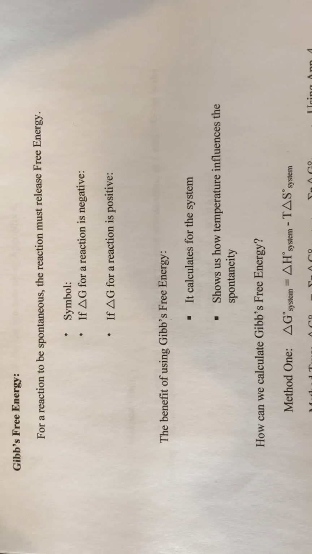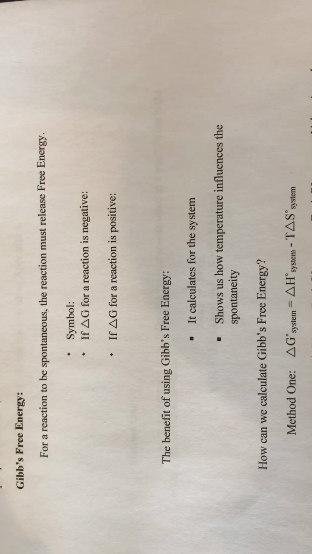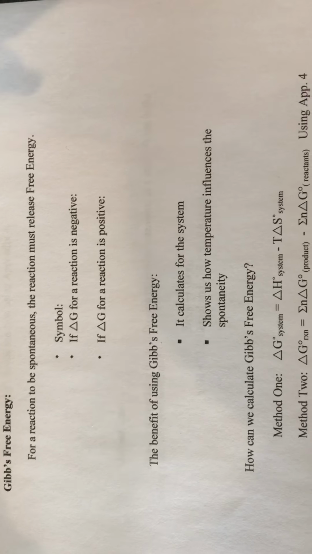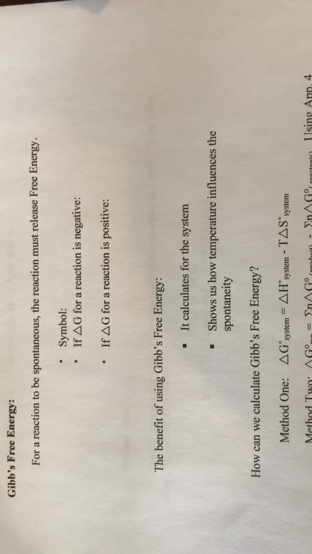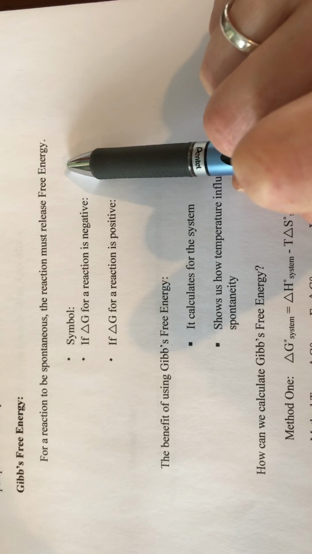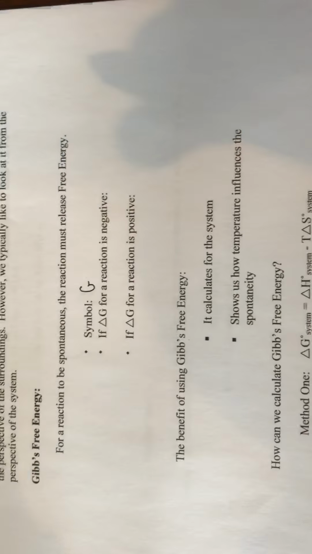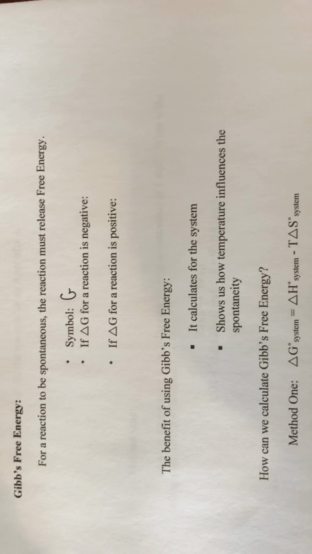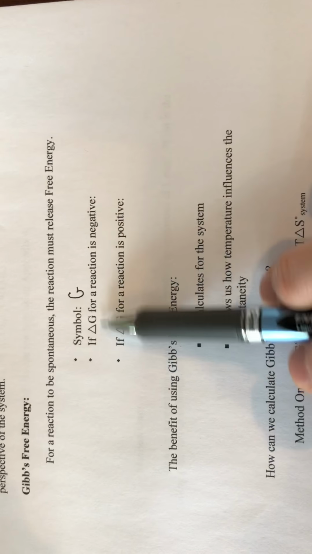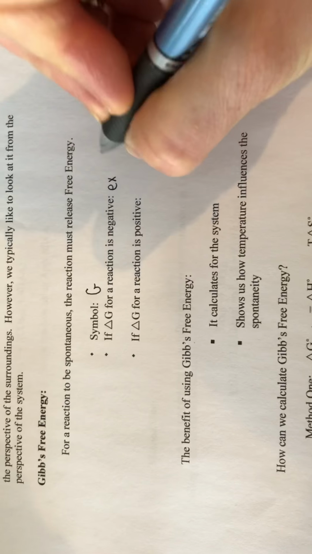thermodynamics, Gibbs free energy. This is a huge concept. Basically what it says is that if you want a reaction to be guaranteed thermodynamically favorable, the reaction has to release free energy. The symbol for Gibbs free energy actually makes sense. It's a G. If I express it as a change in the Gibbs free energy, then it would be expressed as the delta G. When delta G is negative, this type of reaction is called exergonic,